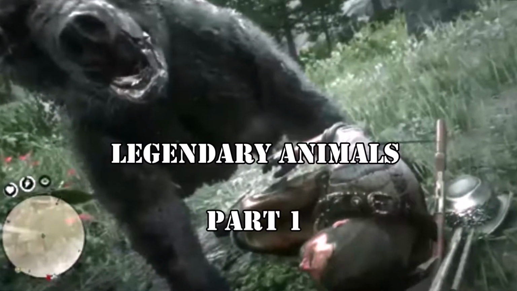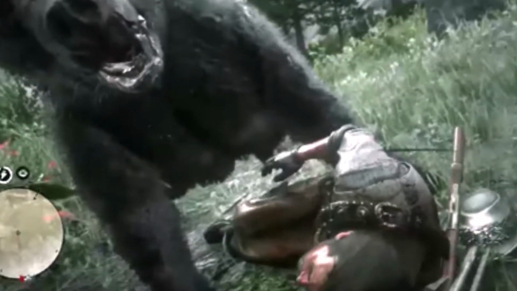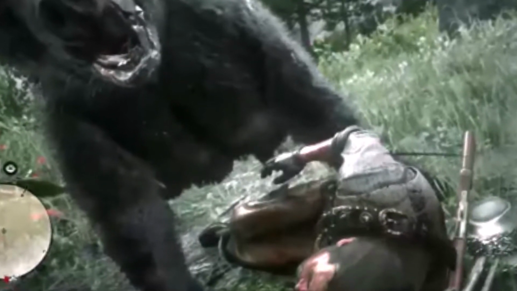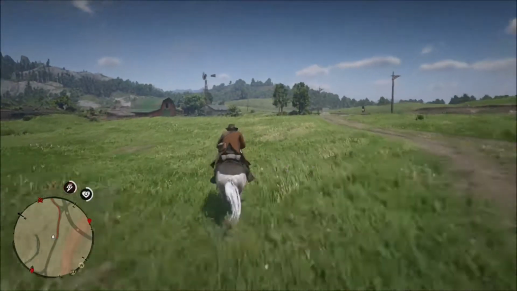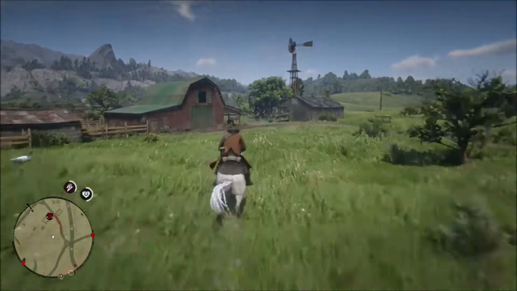Everybody, Special Agent 9 here with another video from the Blackwater Bandits, and today we're going to talk about the legendary animals that you can find in the world of Red Dead Redemption 2. There are 16 total. This is part 1 of the video, which means we're going to cover the first 13